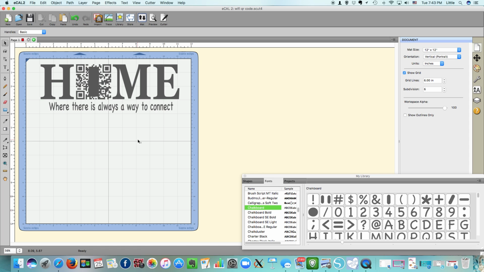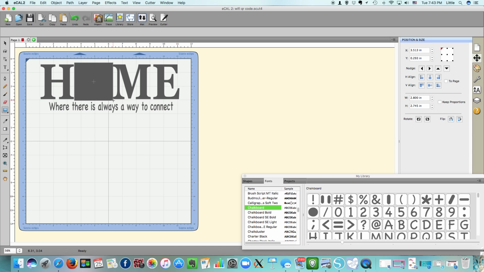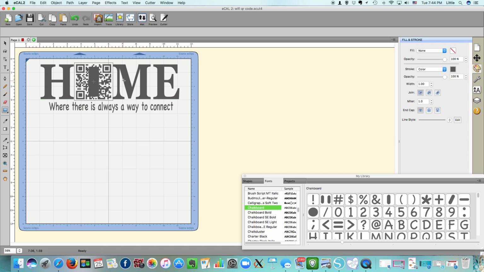Guys, the weeding on this isn't too bad. I would suggest, if you have the chance, to go in with a rectangle maybe just to frame it a little. Obviously we want that to go in the back. Bring to back. Yeah, it's not going to let me. Let's take the color out of it and then we can see it. Okay, so you want that rectangle in the back, and